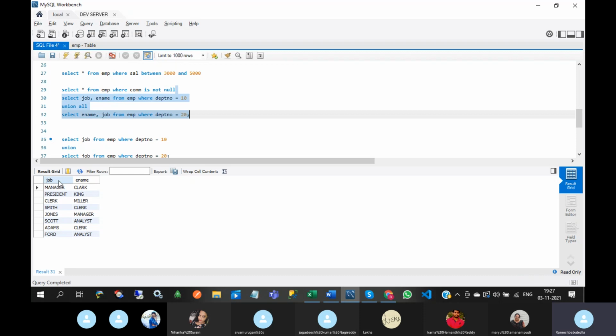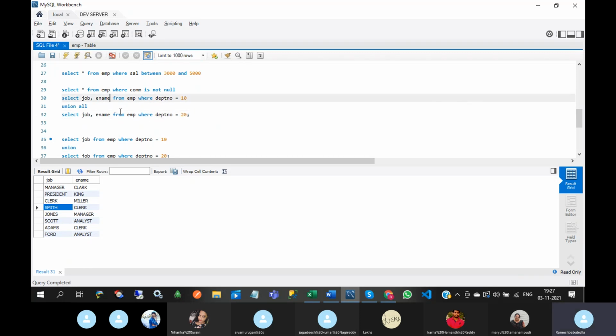In job column, so manager, president, clerk, Smith is employee name. Okay, so you should not give like this. So the column names order must be same. So if you give here job name and name, then you need to give same order.